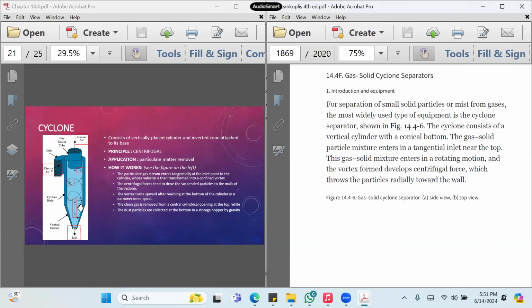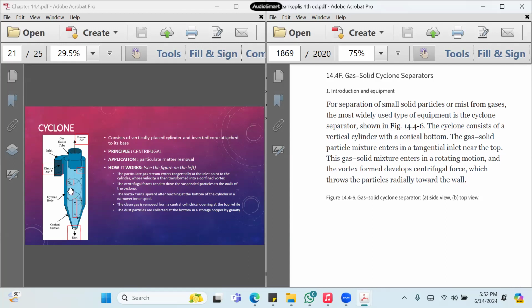So it is similar to a gravity settler. However, a gravity settler requires a very huge area. Why? Because we only use gravitational force to separate gas from the particle, so we require a very large area and very wide equipment for that. However, for a cyclone, no. Why? Because we use centrifugal force. So it will increase the VT of the particle, which means the time requirement will be shorter, and that means the area will also be smaller.